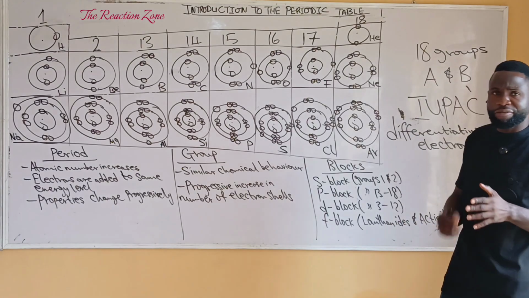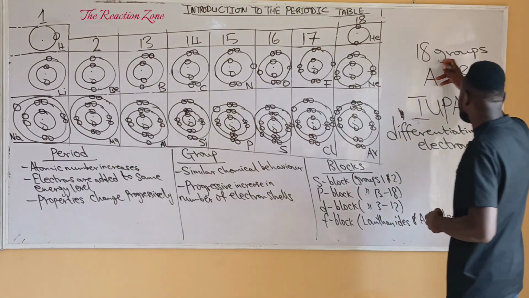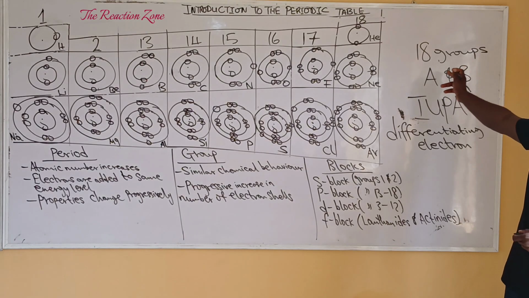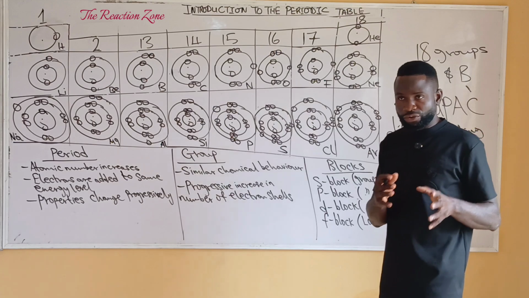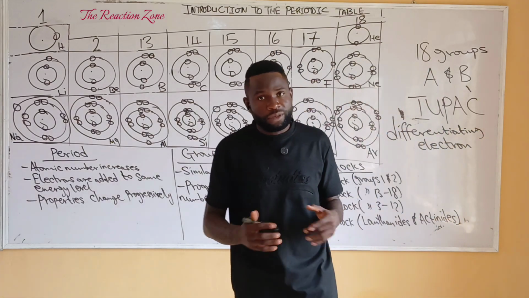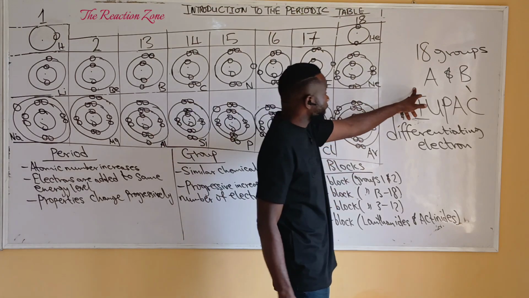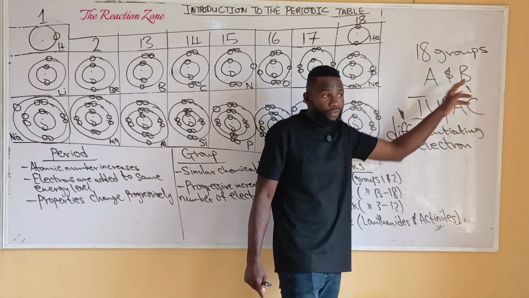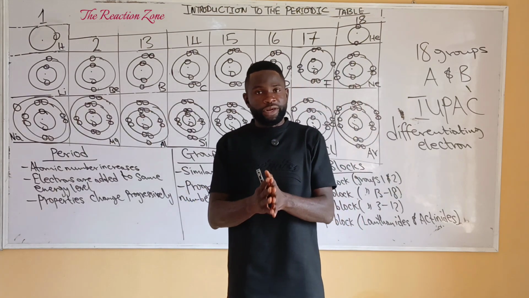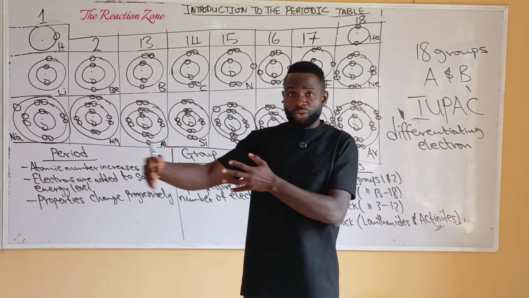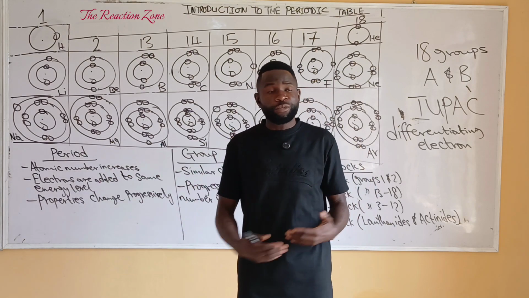Elements can also be arranged in vertical columns called groups. There are 18 groups of elements in the periodic table. There are actually 2 methods of designating groups. The traditional method involves the use of the letters A and B, meaning that going by the traditional method, there is group 1A as well as group 1B, group 2A as well as group 2B, group 3A as well as